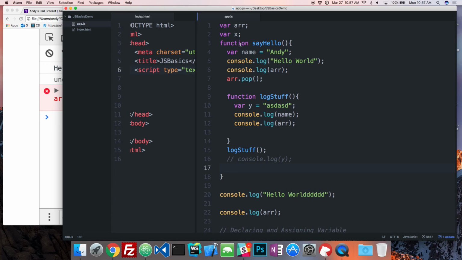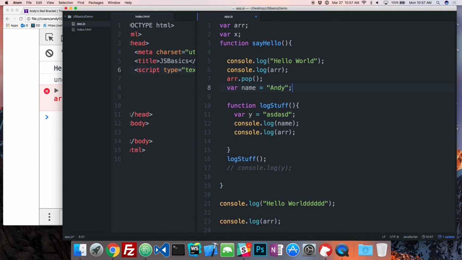Variables within functions will get hoisted up to the top of their scope. So let's say we had this here, okay? It's going to hoist up this declaration to the top of the scope, like that. And then it's going to assign the value at the line that you said it was going to be assigned on. Question: what would be the point of that? Why would we need that?